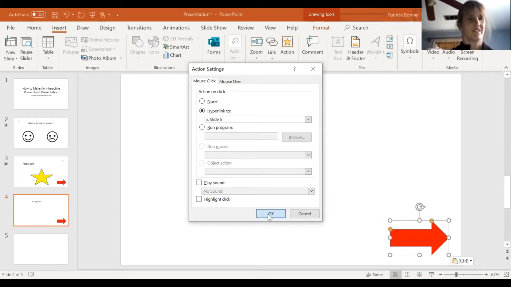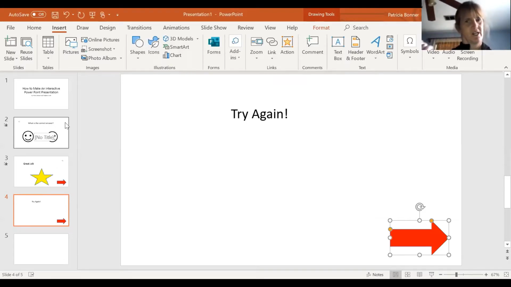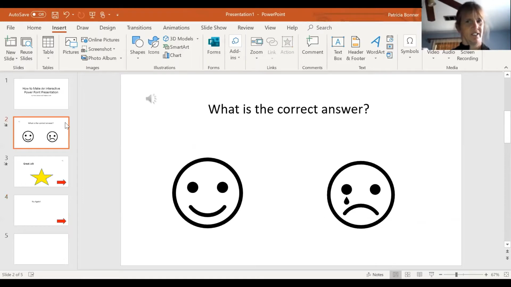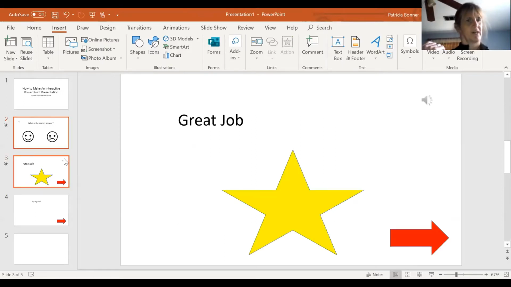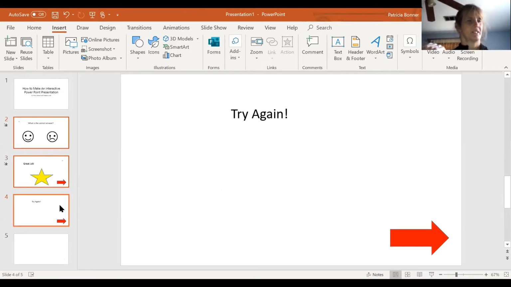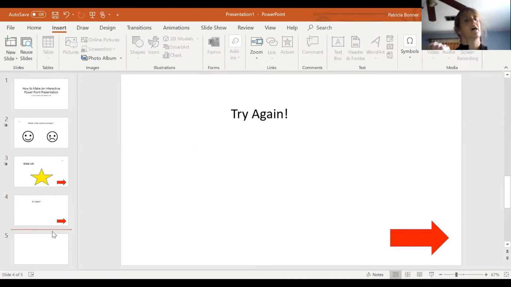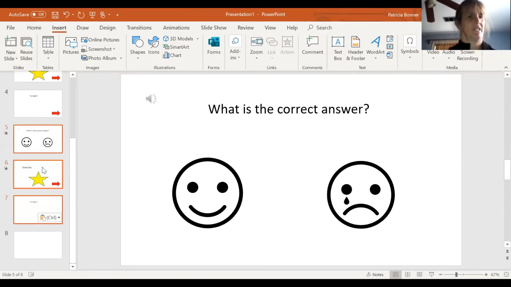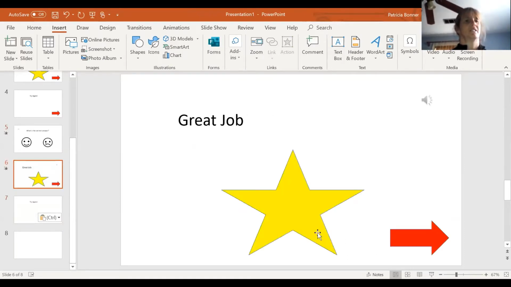Okay. And then what's cool is you can copy paste in PowerPoint. So I'm going to click, hold shift, or actually hold control, and I click these 3 slides. And I'm going to control C, and then I'm going to put my little cursor here, control V, and I am set up. Everything is there now. It looks the same as the slide before. The only thing,